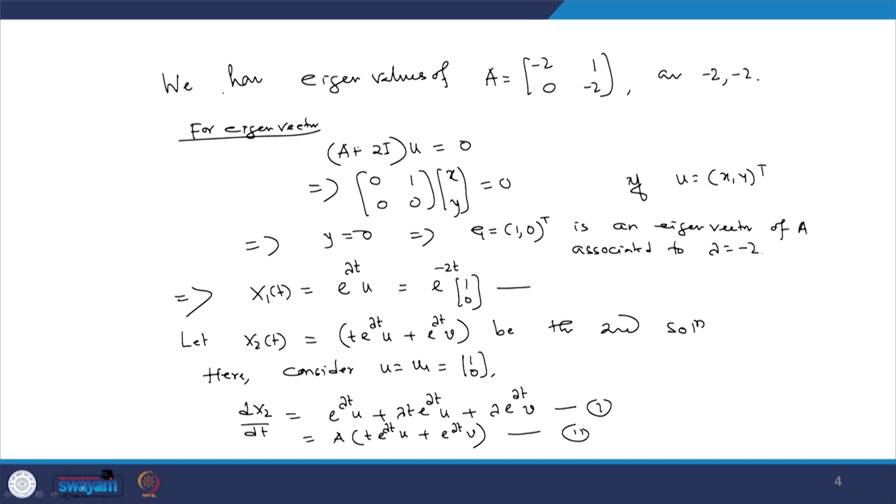So, I will have A into (t e to the power lambda t into u plus v e to the power lambda t) must be equal to e to the power lambda t into u plus t into lambda e to the power lambda t into u plus lambda times e to the power lambda t into v. So, comparing the coefficients of t e to the power lambda t and e to the power lambda t, I will have from both sides